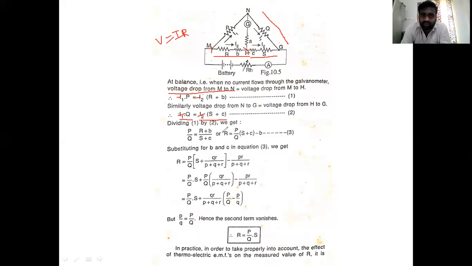Okay, what will be the value of capital R? Capital R, the unknown resistance, is equal to P by Q into S plus C minus B. That is equation number 3. Okay, so if we simplify this expression further,